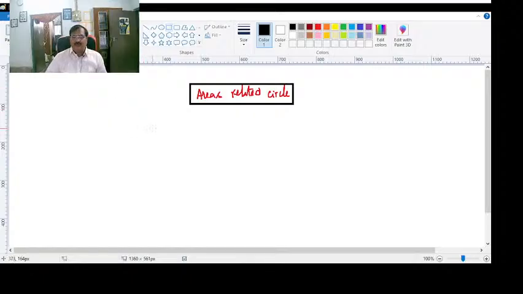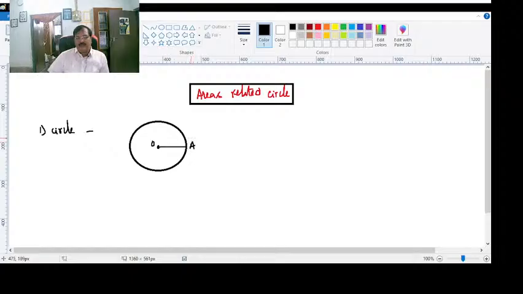So areas related to circle. This is one of the easiest chapters, and you should be aware of a few things. You should know about the circle. I'll just give you a few information regarding the circles. This is a circle with center O and radius OA. A is on the circle, and the distance between the center and the point on the circle is OA,